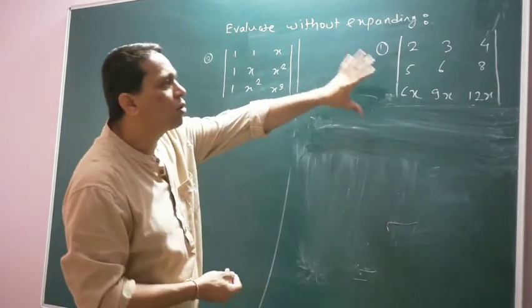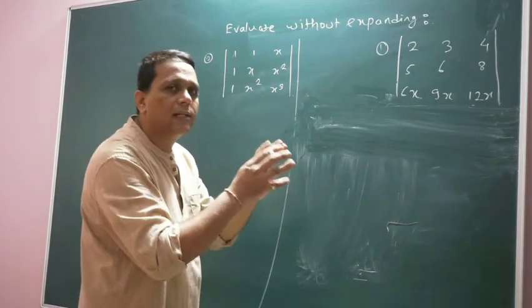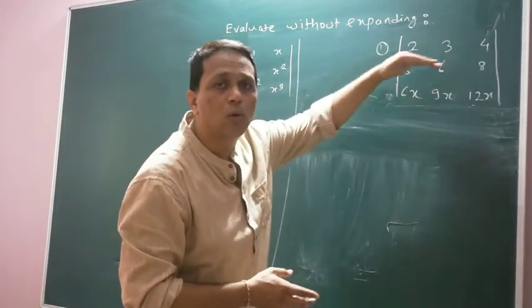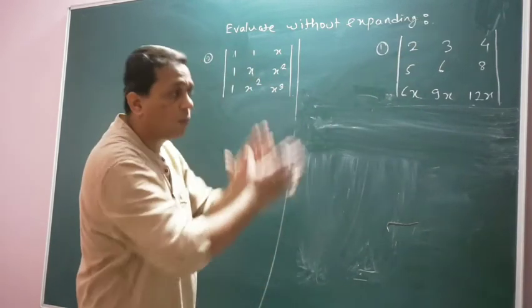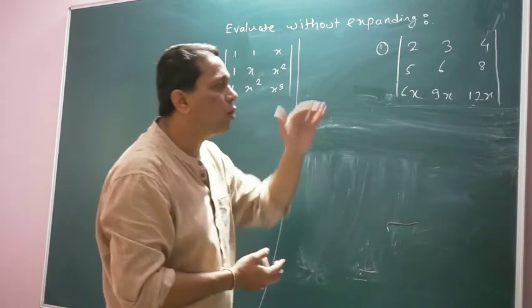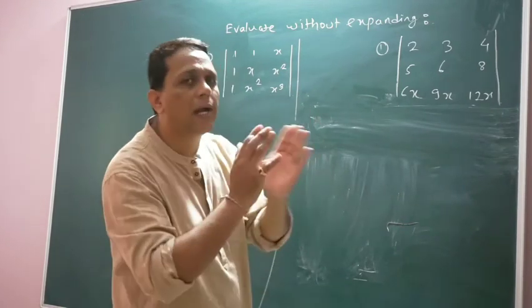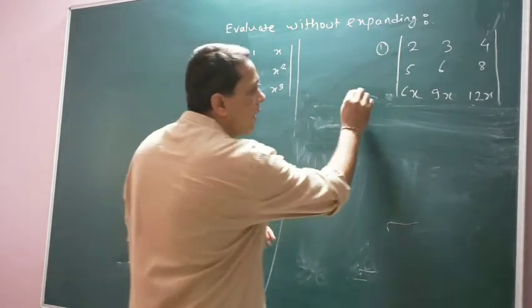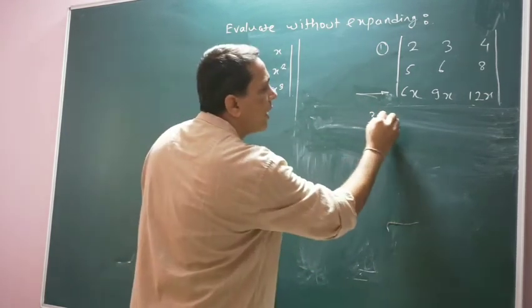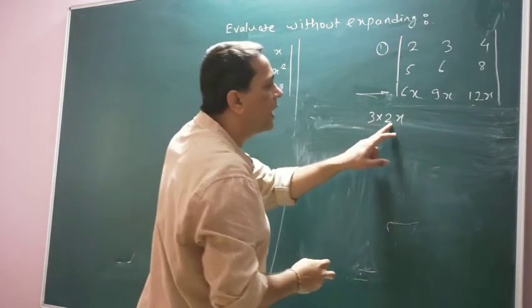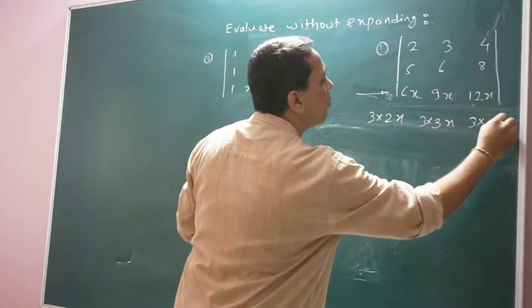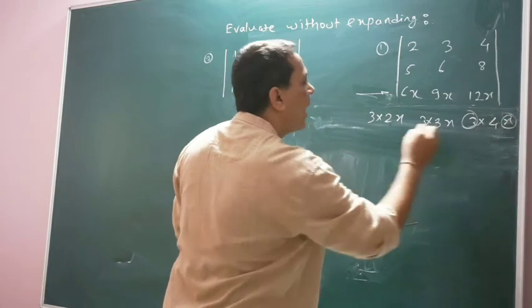What can we do to solve this problem? Can we take something common? There are no identical rows or column at this moment. But can we take some number common so that the two rows or two columns will become identical, same? If we take something common from this row, what can we take common? We can write this as 3 2s are, this is 3 3s are and this is 3 4s are. If we take 3 and x common,